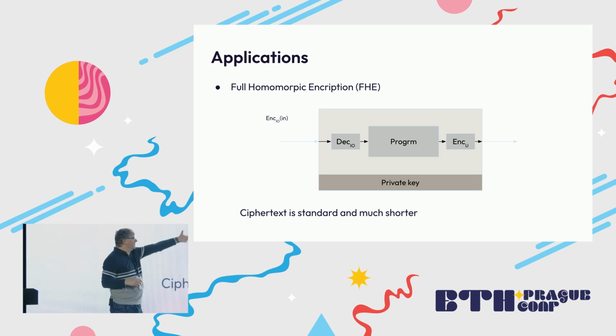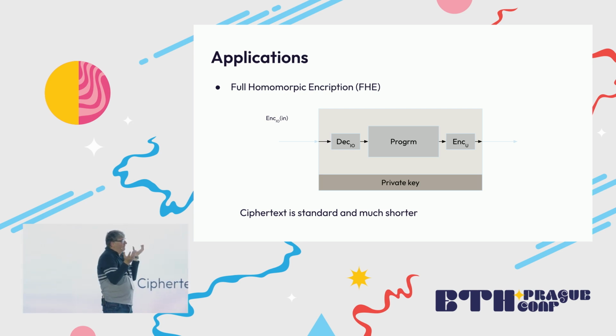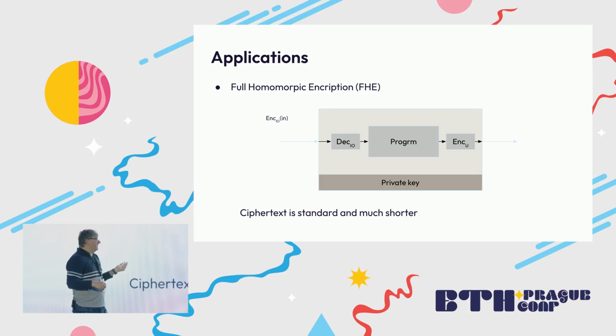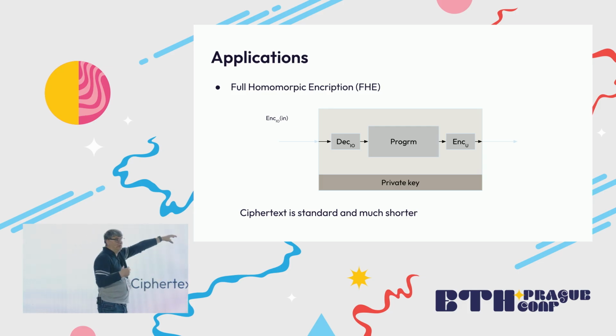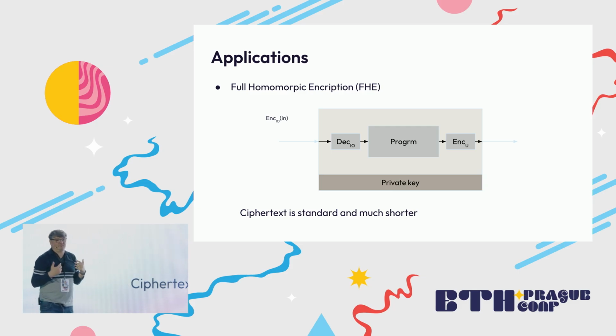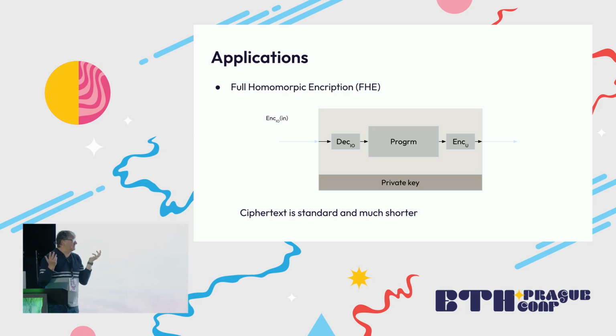Well, you can have this program embedded in one of these obfuscated boxes, running in some computer away, and then what I do is encrypt the program with the private key of the box. The computer executes this box, whatever. Of course, the program re-encrypts that, and it gives me the result. So it's quite straightforward doing full homomorphic encryption if you have this technology.